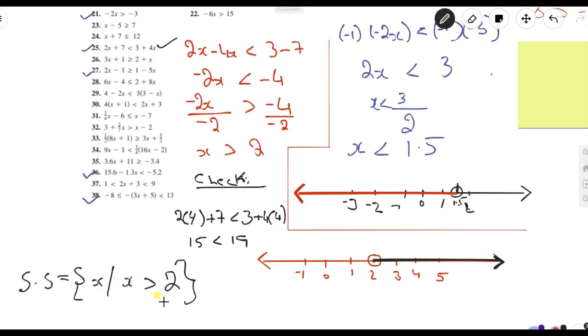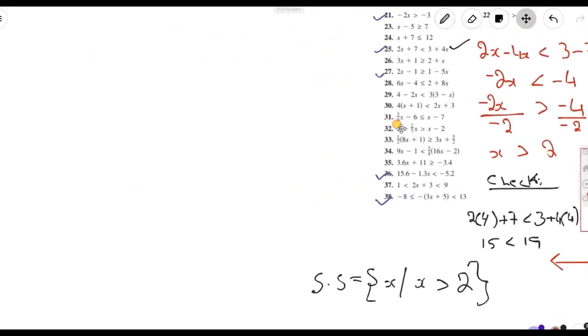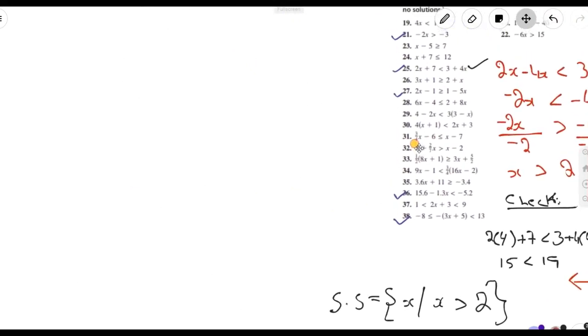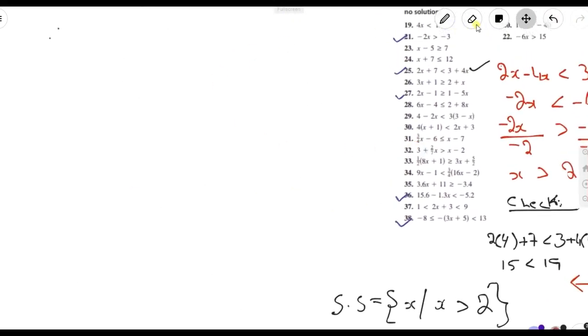Question number 27. I'm at the left side of the snapshot over here. I'm going to do the work. 27. And over here we are having the greater than or equal to notation. Okay, so 27. Question 27. This is it. And now what we do,